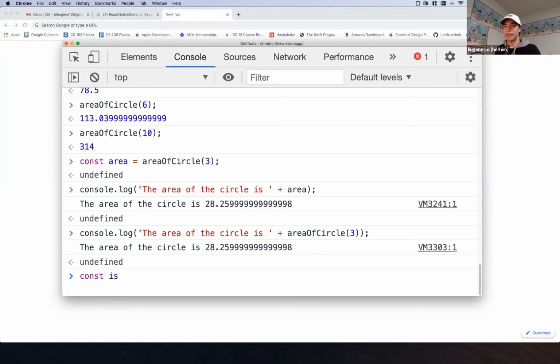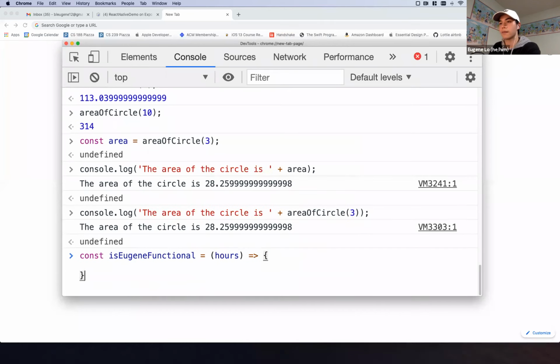So using this, let's create that in an if conditional. So let's make a function called isEugeneFunctional. And this will take in one parameter that is the number of hours of sleep I get. So that will be hours. And then we use the arrows to separate the parameters and the function body. And let's make this the most simplest form for now. Let's actually make this let, because I'll be changing it up soon. Okay, so